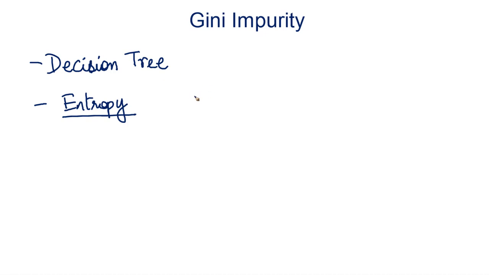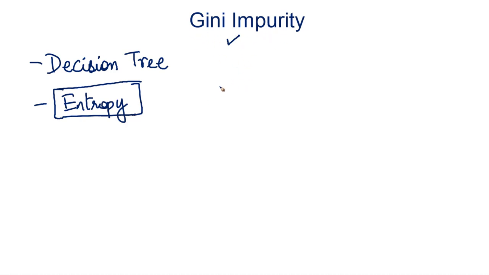When you are building a decision tree on a data set, how the tree should be grown, what are the different splits that should be made on a decision tree, is decided based on entropy and information gain. This concept we saw very clearly in the previous video. All right. Similar to entropy, you can use Gini impurity as well to make this decision of how to create the splits of building the decision tree. In addition to that, there are certain few advantages Gini impurity offers. We will look at that in this one.